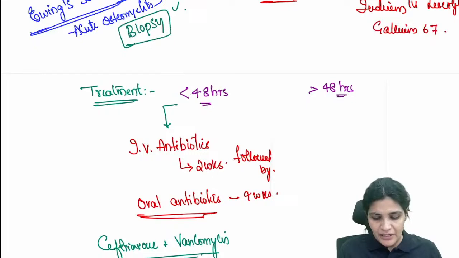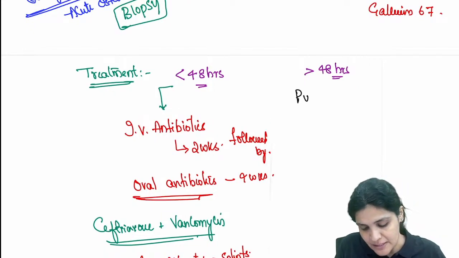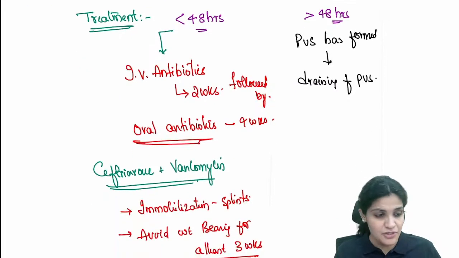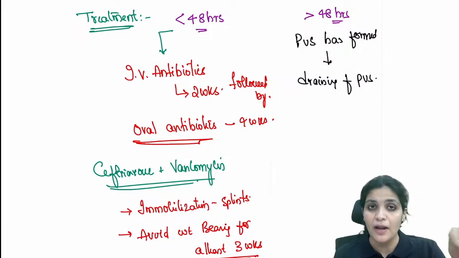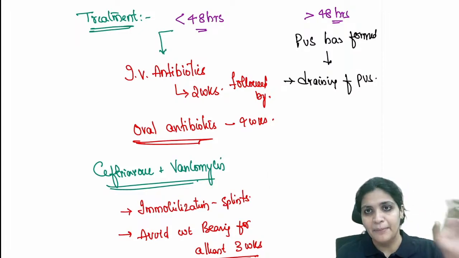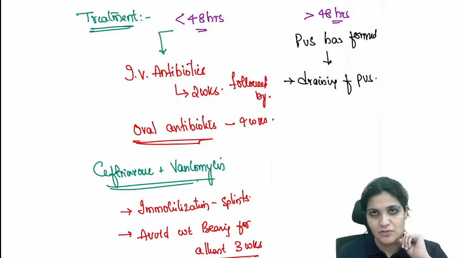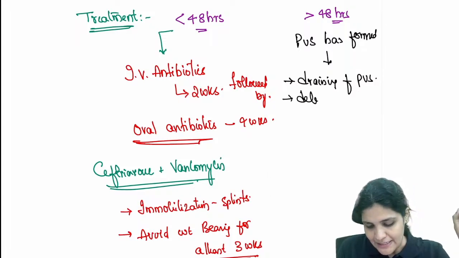Then, if the patient has come after 48 hours, that means pus has already formed. Then what do you have to do? You have to drain this pus. So you go for draining of pus. Whenever you're draining pus, you can always send it for biopsy. After 48 hours, if on MRI you see pus present, you go for draining, and then you have to completely drain the pus, right? So that is called debridement,